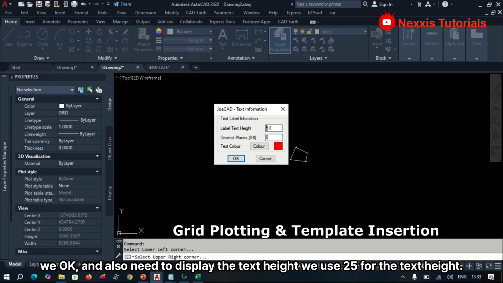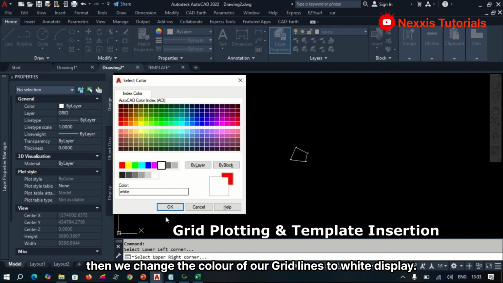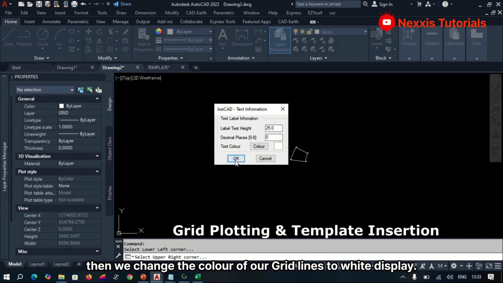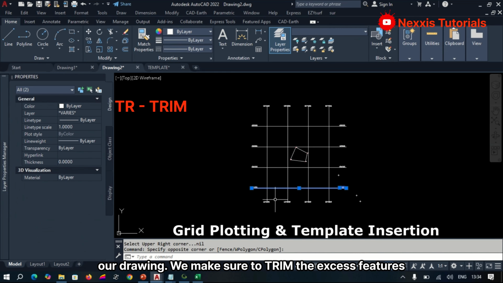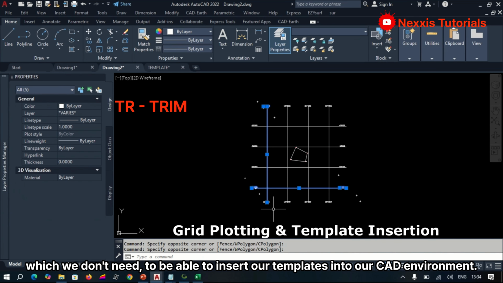An option to display the text height. We use 25 for our text height. Then we change the color of our grid lines to white display. We're okay. And then you can see here our grid has been displayed in our drawing. We make sure to trim the excess features which we don't need